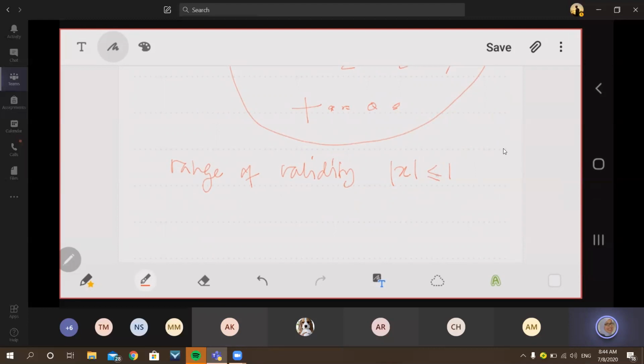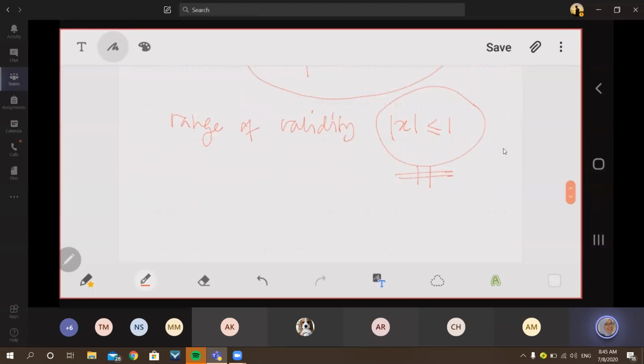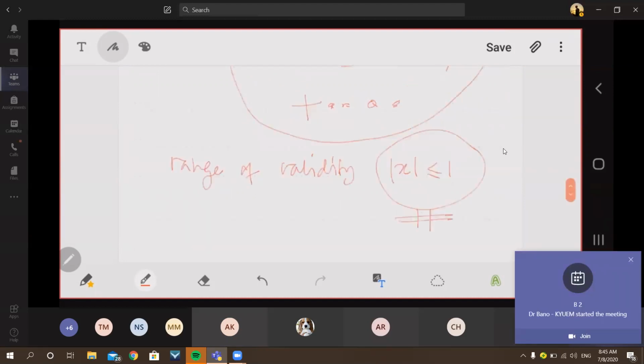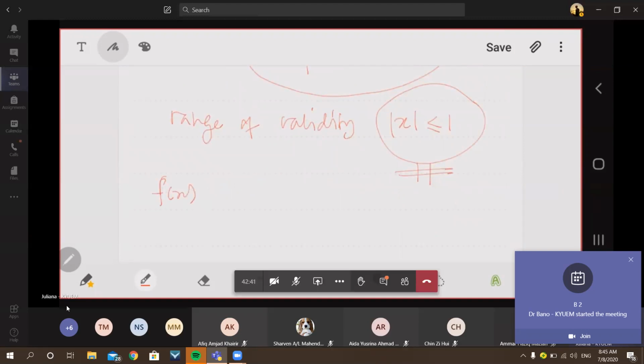Now, by the way, can you have, in this case, basically this is basic things. But can you have, let's say for example, in this case for our f of x is equal to